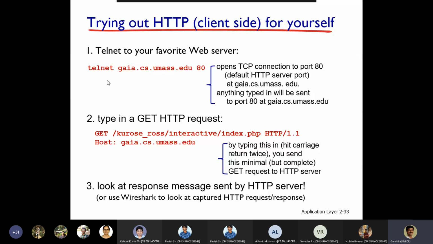Telnet gaia.cs.umass.edu. If you give this, you can get a TCP connection to port 80. The same thing you can access with amrita.edu also. If it is asking for a username and password, you may try with our VPN connectivity, the Wi-Fi connection username and password. Through that you can access it.